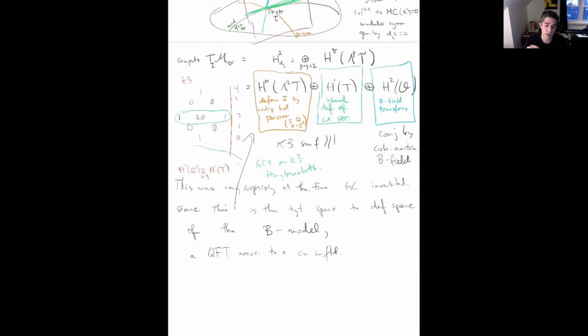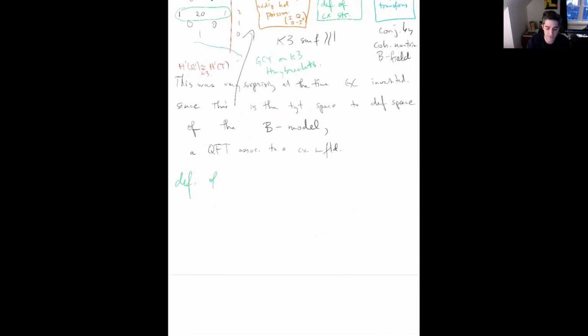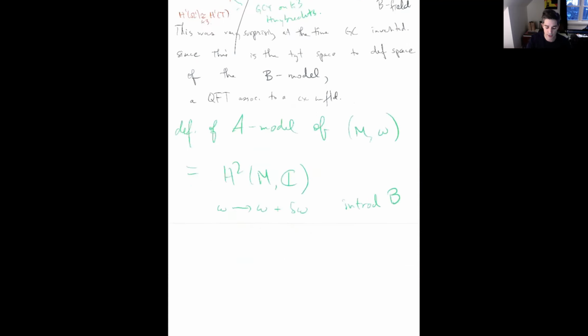So deformations of A model of a symplectic manifold will be H2 of M. But the interesting thing, the thing that was always interesting about the A model, is that it's H2 of M with complex coefficients, which means that you're deforming omega, let's say omega plus some delta omega, but you're also introducing an imaginary part or a real part, another two form, which is the B field. So in fact, the A model